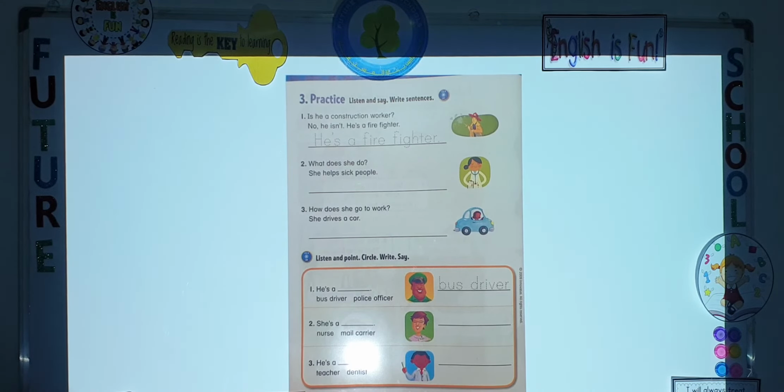Now we move to question number 3. Look at the picture. The picture shows a girl or a woman. No, she's a woman. She's driving a car. The question is,